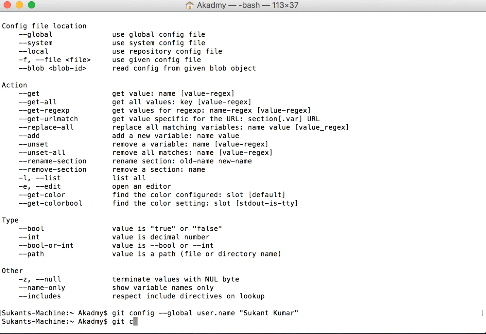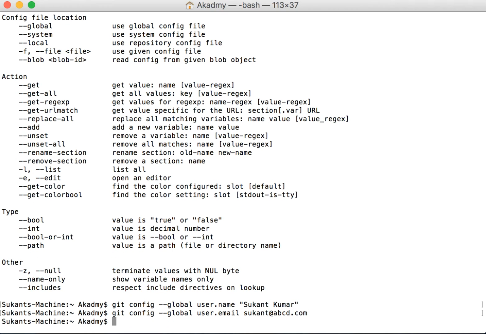The syntax is more or less similar to what we did above, except for user.name we will use user.email, and then we write the email address, which is, say, sukant@abcd.com, and then I press enter.